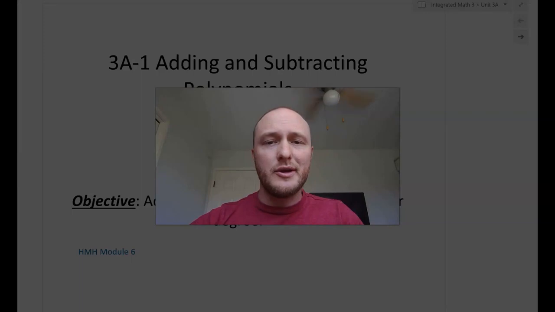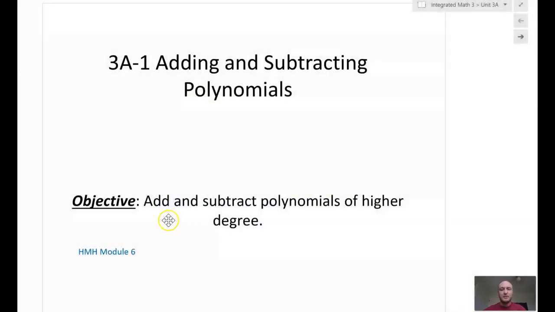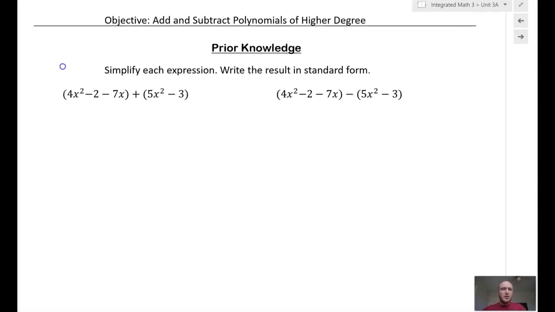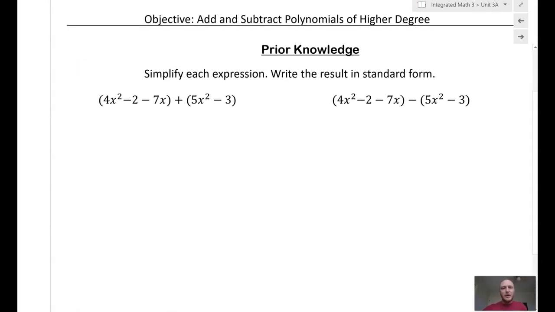In this video, we're going to look at higher order polynomials and add and subtract them. We're going to start out with your prior knowledge of simplifying expressions and writing the results in standard form. And remember, standard form is just when we write our terms in decreasing order based upon the degree of the variable. So for our first example here, 4x squared minus 2 minus 7x plus 5x squared minus 3,